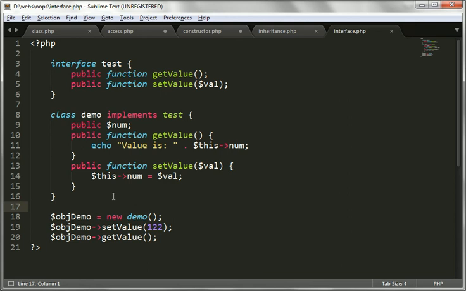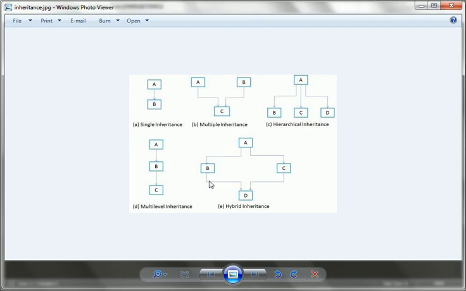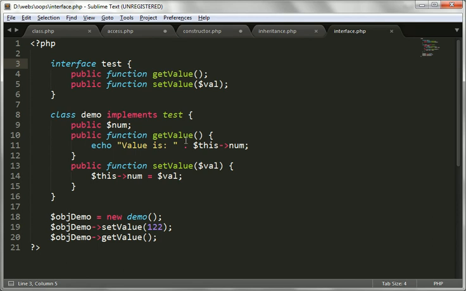Same thing. So see, this is the multiple inheritance. Multiple inheritance was not supported by PHP, right? So we'll see how to achieve this goal through interfaces.